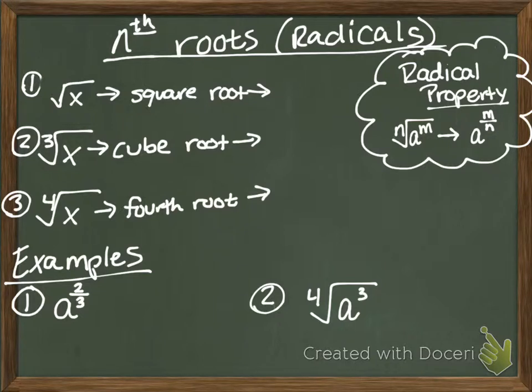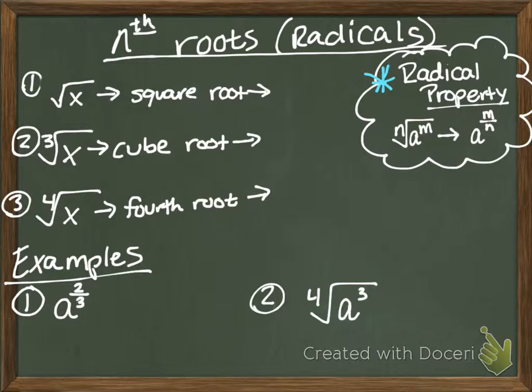And I put radical in parentheses because an nth root we're going to be able to rewrite as a radical if we want to. The most common radical that we've seen over and over again in our math life is the square root. And the square root doesn't normally have a number outside the radical because it's just an understood 2. So if you see a radical just sitting there by itself, just assume that that's the square root, which we've always done. But there's a pretend 2 there, or an understood 2. And our radical property, which I circled